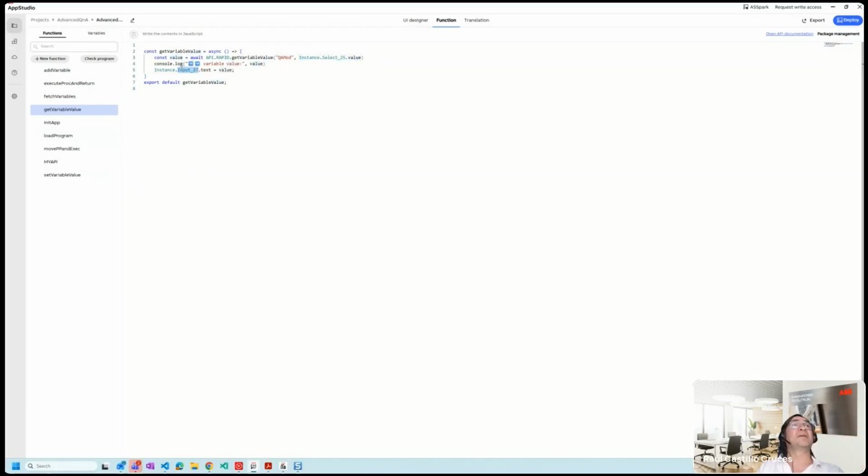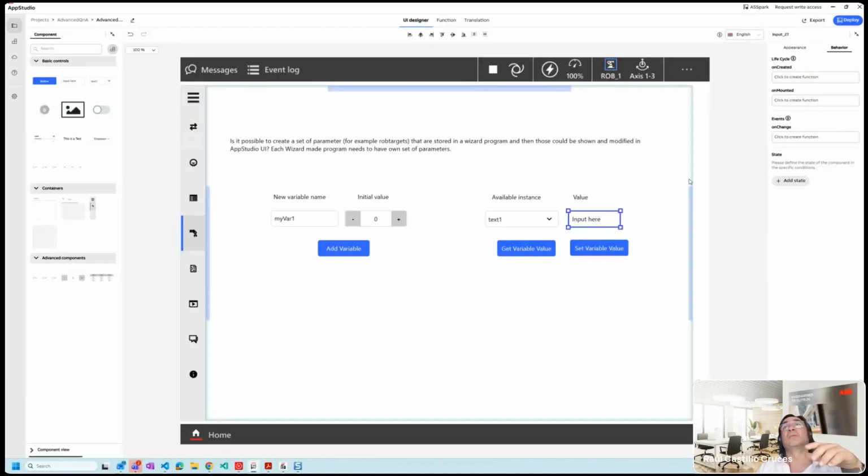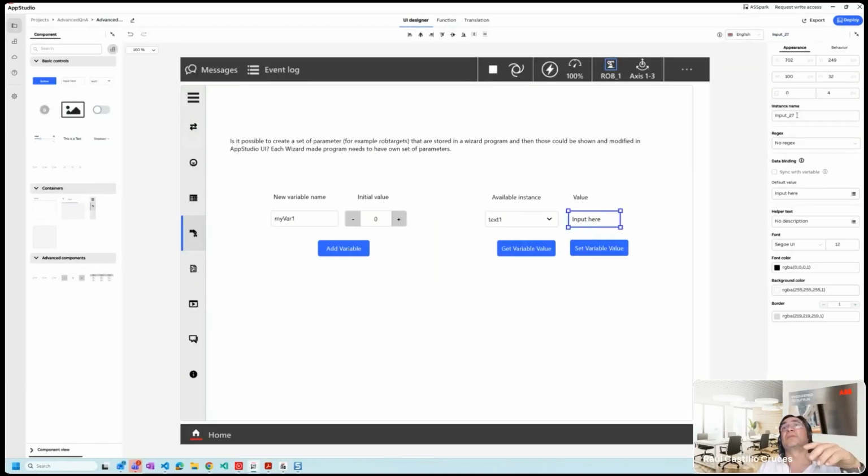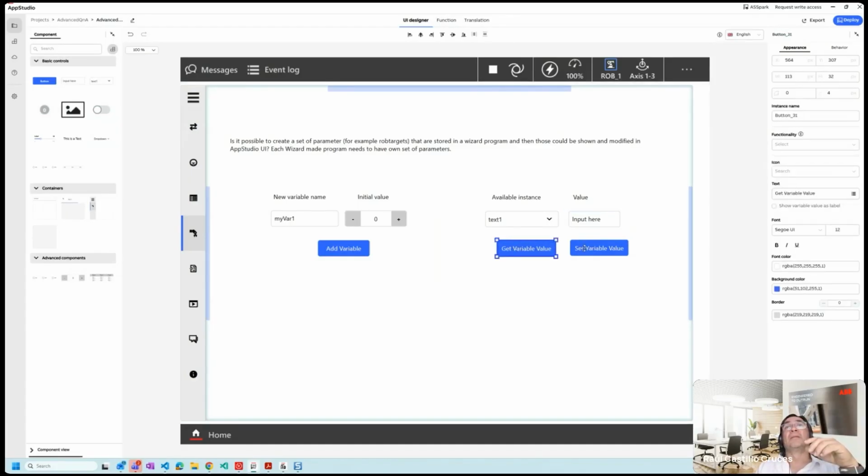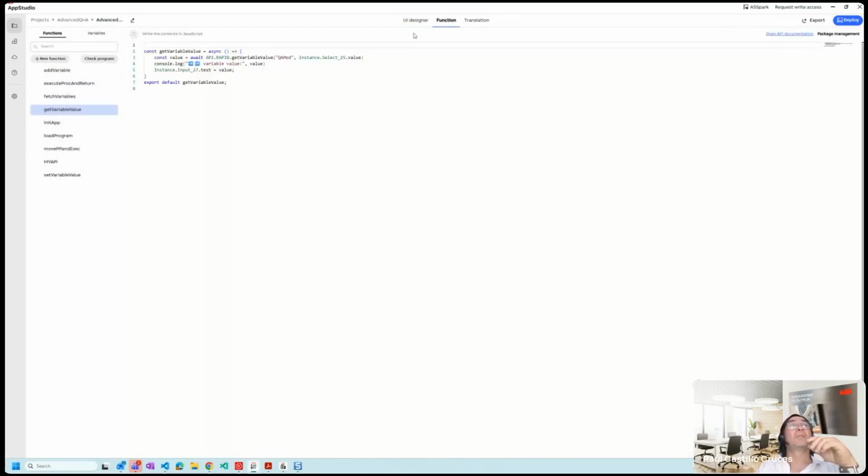Once I get it, I am putting it in the input 27 text, which you may guess is here. It is pretty much the same for set variable, only the other way around. Here, set variable value. I am applying the same logic, but in reverse. I'm getting the value from the component, and with the set variable value, I am putting it into the